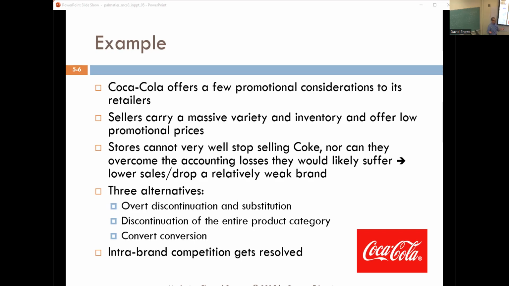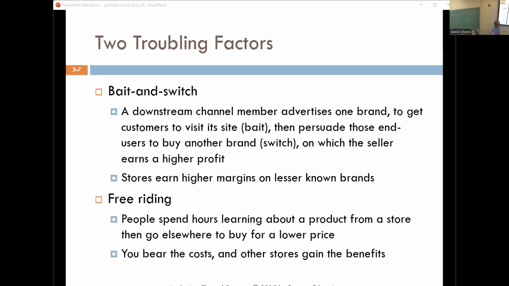Realize that in situations like this, where there's pressure, a lot of times you just go along with it. Other times you find alternatives, but one way or another, it'll resolve itself. Here's the difficulty, and this is what downstream members do: these are the things that create tensions in the downstream markets.